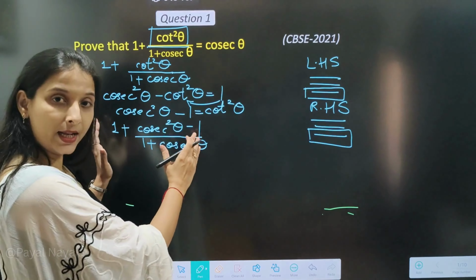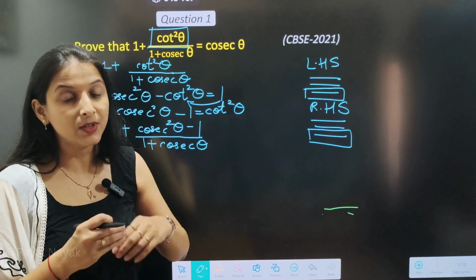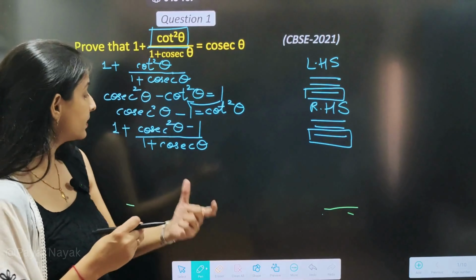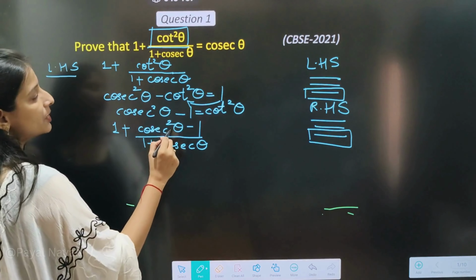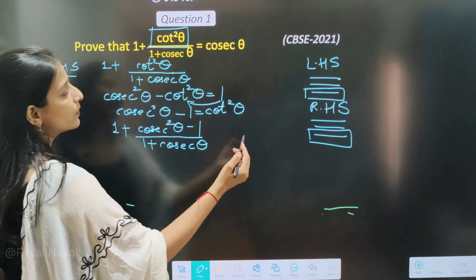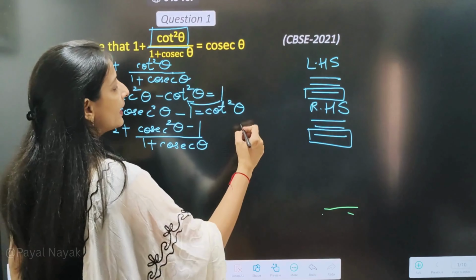Now the second step. Now again observe your RHS. You don't have any denominator. So this itself is giving you another hint. What is the hint? Try to eliminate this denominator. That means I don't want this denominator in my sum. That means how will you eliminate it? Try to bring the same particular term in the numerator. Then only the numerator and the denominator will get cancelled, right? So now observe this numerator, cosec square theta minus 1. Can I say this is nothing but your a square minus b square identity? So what is the identity? A plus b and a minus b.